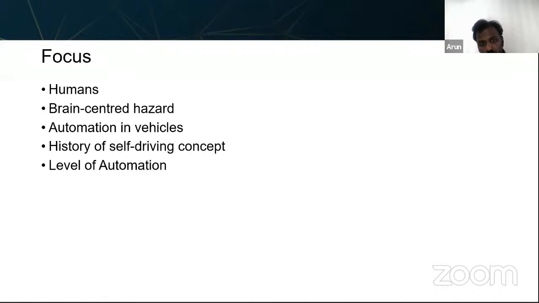which the Society of Automotive Engineers defined, and why it is so complicated. That's why we need a lot of people, especially designers, to think in a very different way about how we can present information to the users. And also some research areas in automated driving, which I think are quite crucial, and we need a lot of investigation in that area as well.